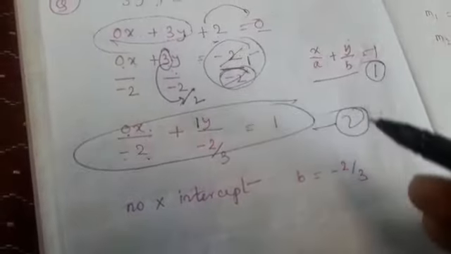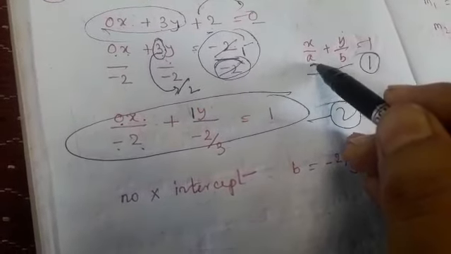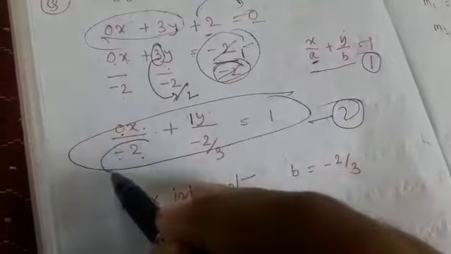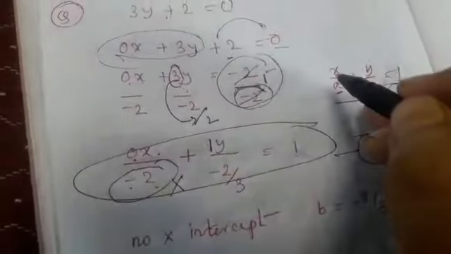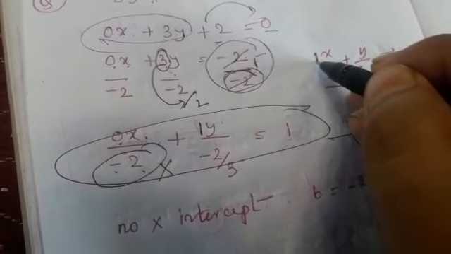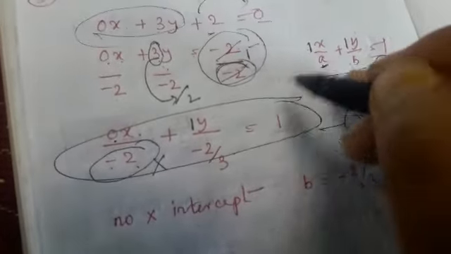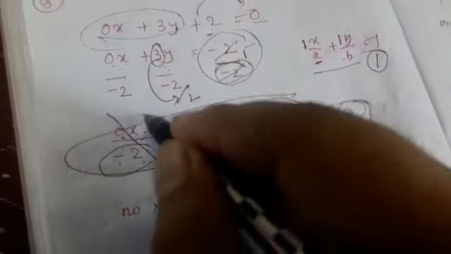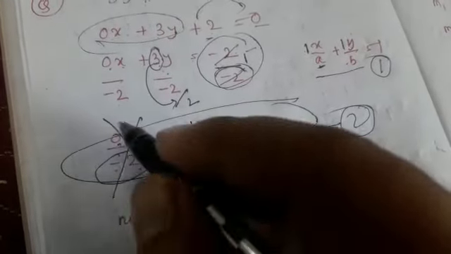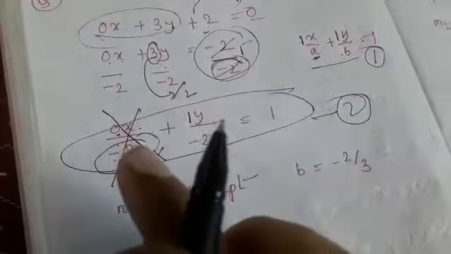So again, by comparing 1 and 2, you can say that your a, that is x intercept, is not -2 here, remember, because in the general equation when you compare, the coefficient of x has to be 1 and the coefficient of y has to be 1, and then only you can compare with a and b. But see here, the coefficient of x is 0. It means this term actually does not exist. There is no term at all. Just we have arranged in this format to make it x, y and constant,